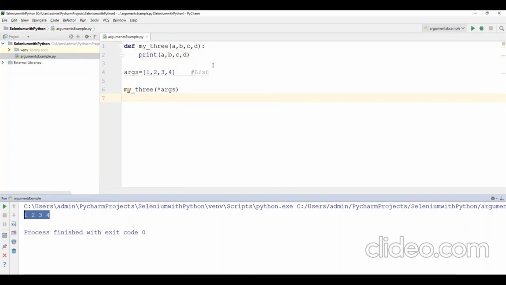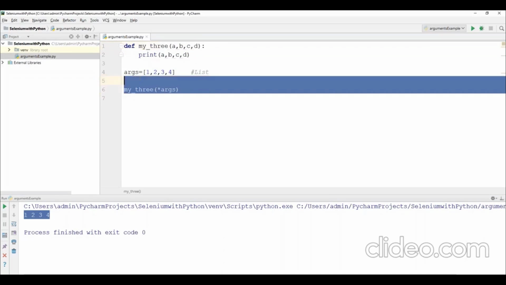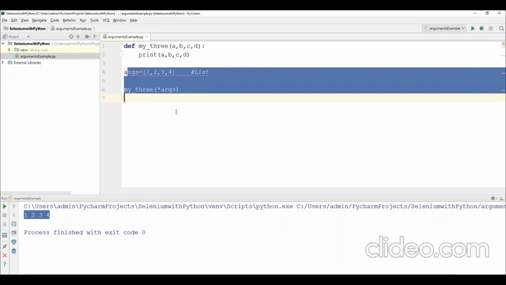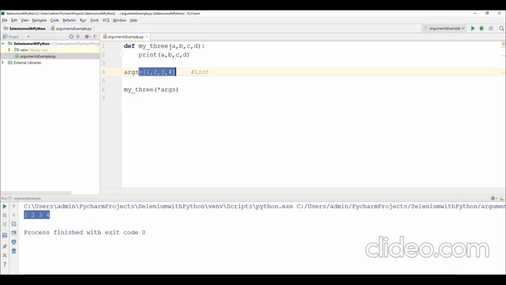The first example showed how to receive the arguments using this argument, and the second showed how to send the arguments to the function. And one more thing: this example works only when the number of arguments is exactly the same as the number of parameters.